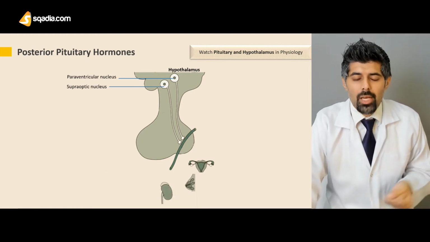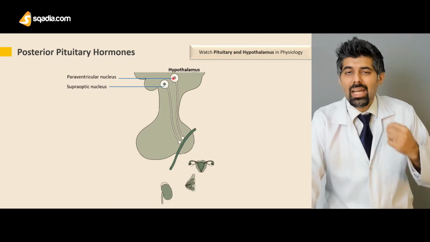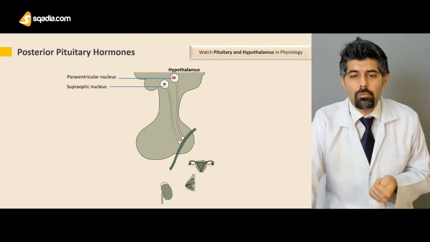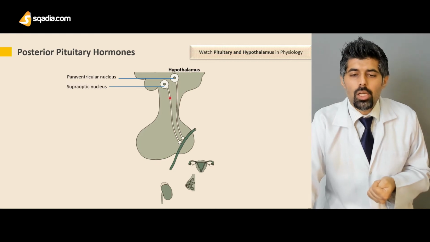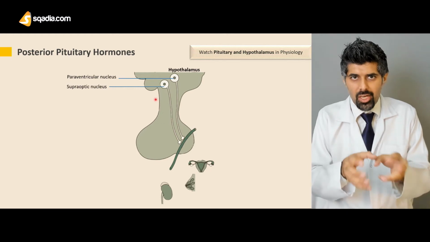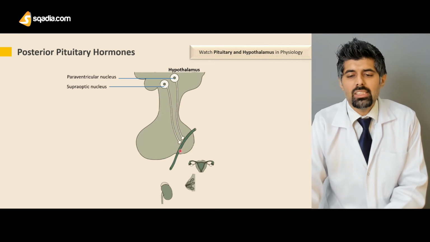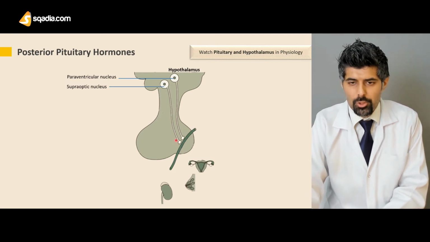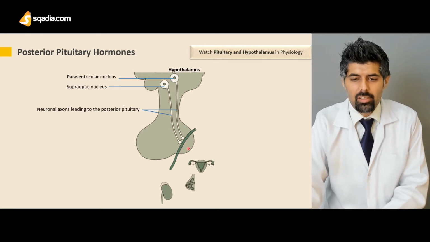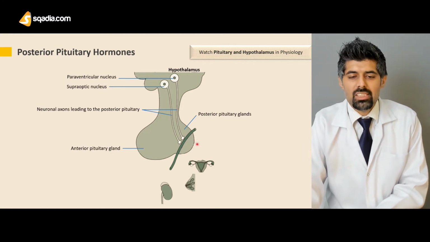And because these magnocellular cells have larger cell bodies, they also have large extending axons. These axons extend from the nuclei all the way into the infundibulum, that is the stalk that connects the pituitary gland with the hypothalamus, all the way to the cells of the posterior pituitary. Now, this is done via these axons extending into the posterior pituitary. Now, these posterior pituitary cells have